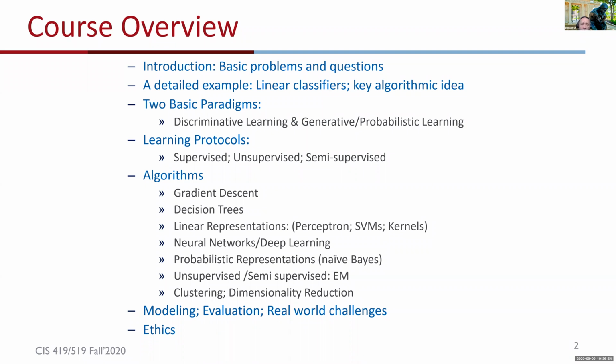We're going to talk about basic paradigms of machine learning, discriminative learning and generative learning, talk about learning protocols, and cover throughout a range of algorithms. Each one of them is interesting in its own right, and we'll see also relations between them. Talk about modeling, evaluation,